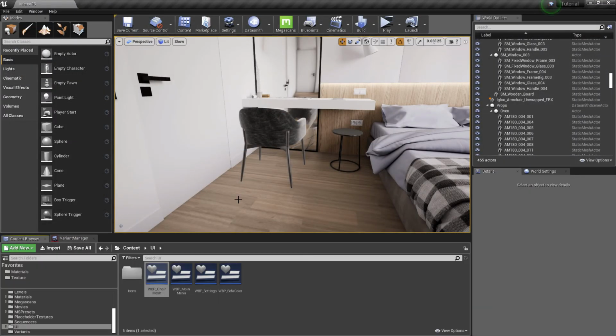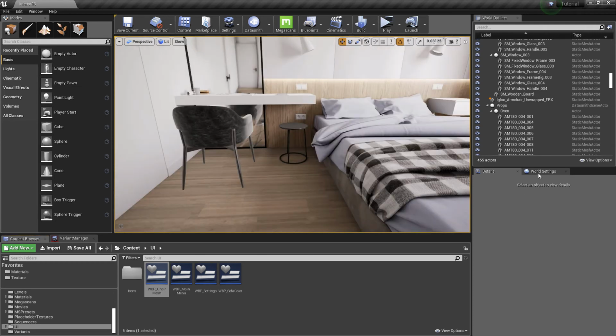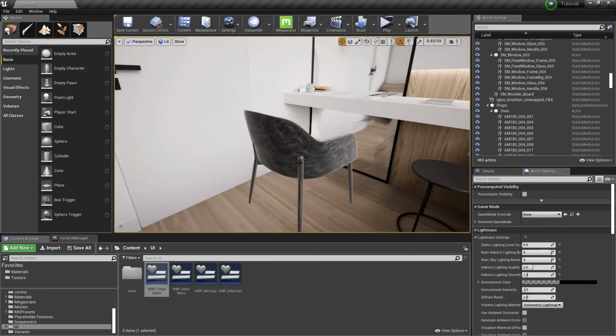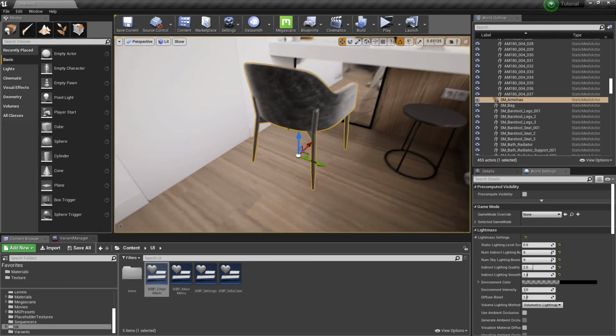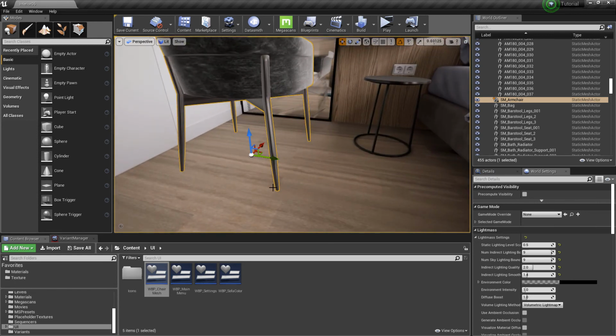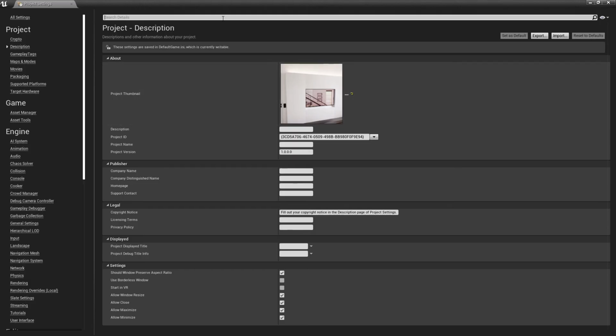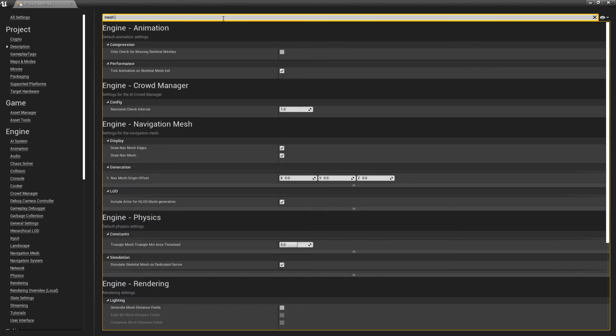Let's do something for the shadows now. To fake the shadows here, Unreal has a feature called Mesh Distance Field. Go to Project Settings and search for Generate Mesh Distance Fields and enable it.